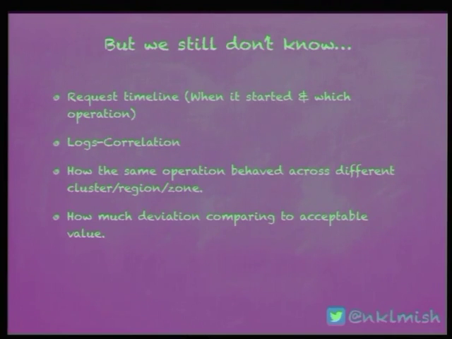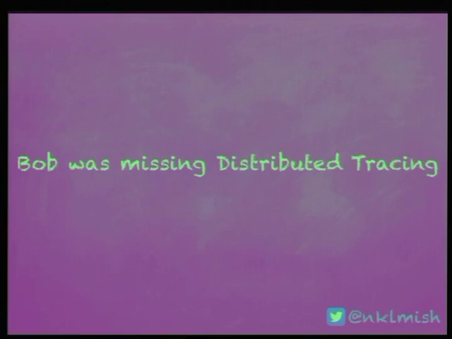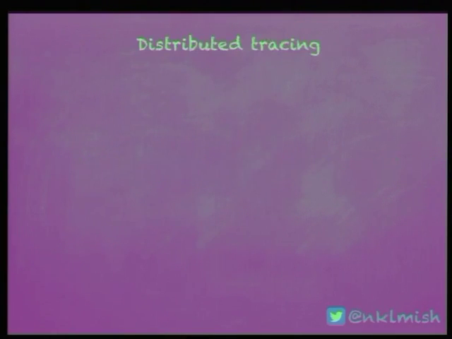Moreover, he didn't have any clue how much the delays deviated compared to the acceptable value. And last but not the least, he didn't know the call graph, so how a particular request traveled in his system. So in a nutshell, he was missing distributed tracing. So what can distributed tracing help